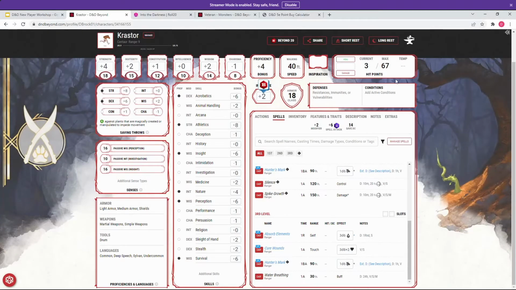So if Craster had 3 hit points, if he took 70 damage or more from 1 attack, he would just instantly die. If he had 60 hit points, he would need to take 127 damage. So that's pretty rare. It's mostly only a concern at low levels if you get hit by an ogre or something